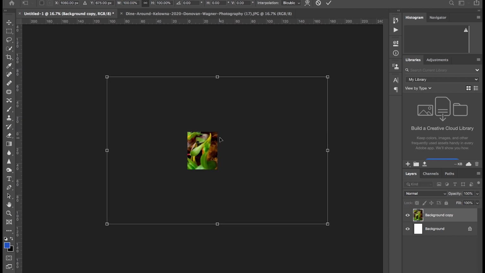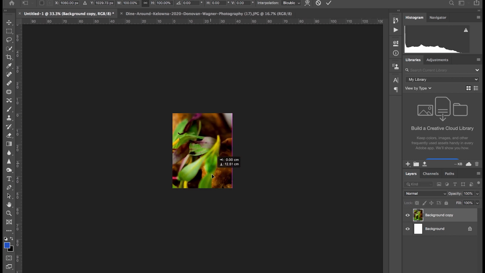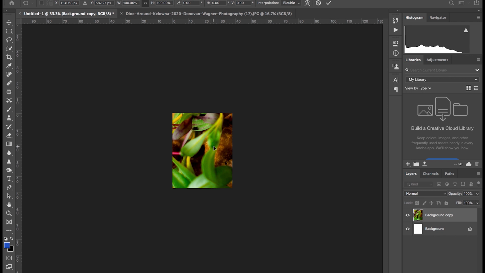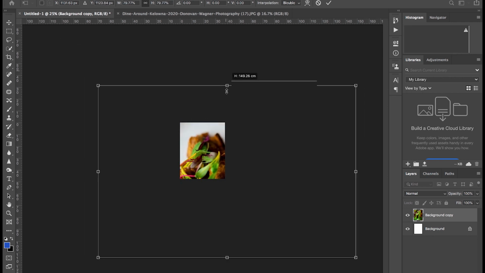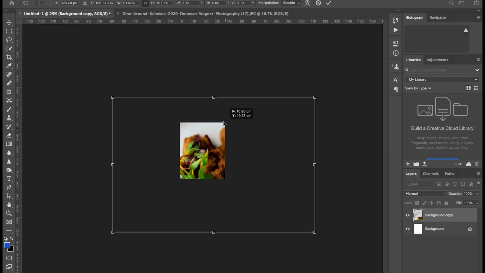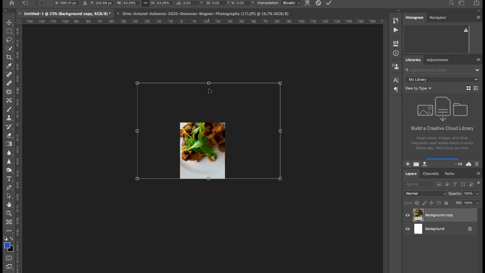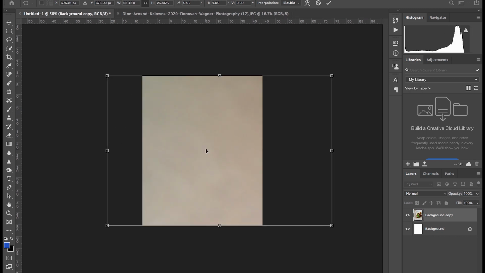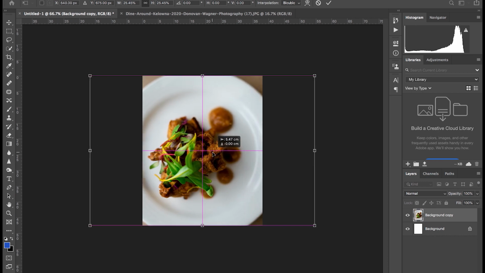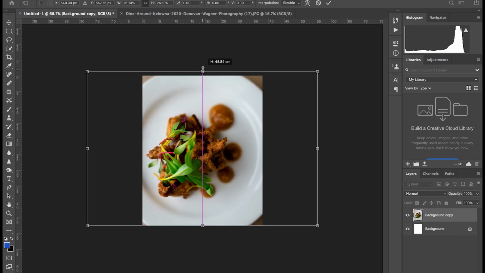So even at just 100% crop, you can see you have so much ability to crop in aggressively on this photo. So now, again, we're thinking people on mobile devices. So we want to maximize the real estate on their screen as they're scrolling. So even if we wanted to get rid of the edges of the plate